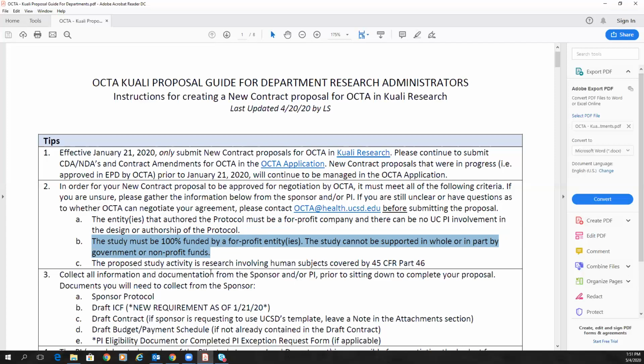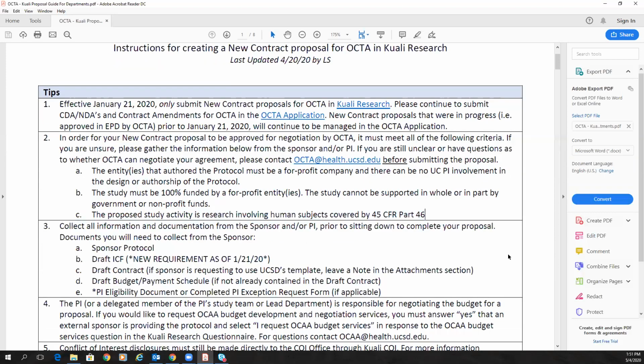And then the last criteria is you want to make sure that your proposed study activity is research involving human subjects. And we encourage you, if you're unsure or have questions, to please contact us at octa@health.ucsc.edu, and we're happy to help you triage and make sure that you are submitting your proposal to the correct office. The next thing you want to make sure is that you have the required documentation that you need,